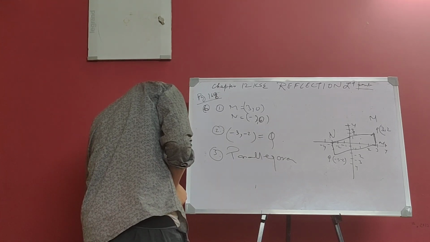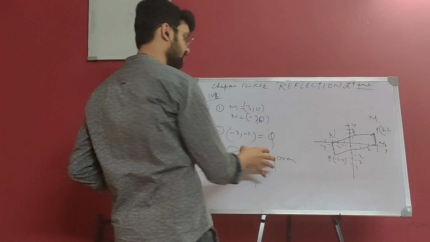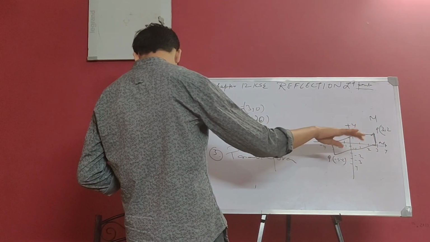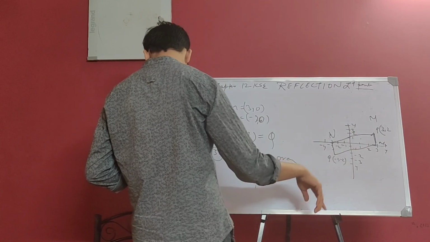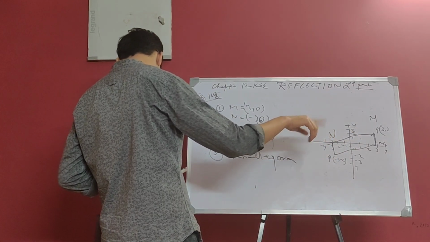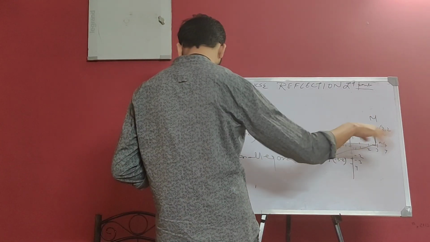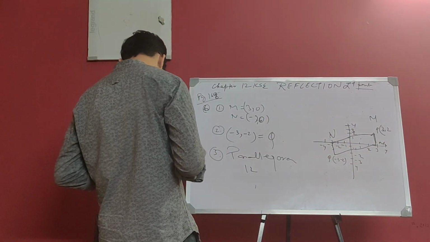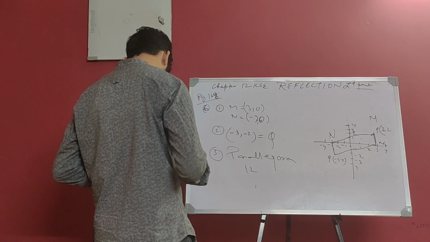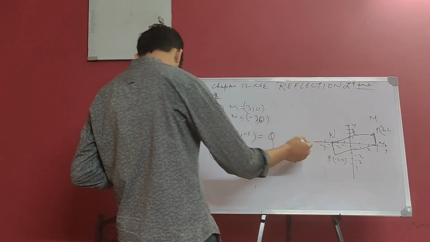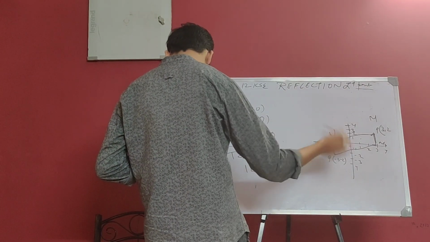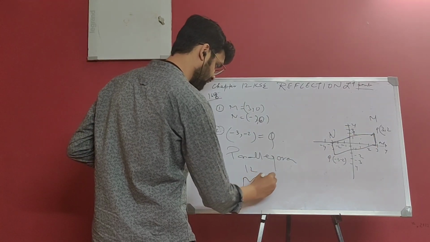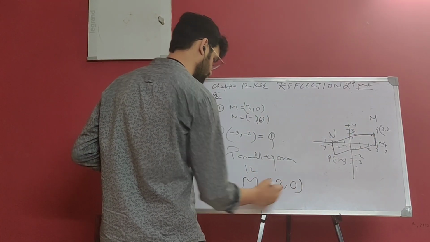If you are asking me to find the area, you have to use the formula 2 into half into the area of triangle PMN. So 2 into half into 6 into 2, that is coming as 12. See, if M is reflected on the x-axis, that is 3, 0, it will be again 3, 0 itself. For M, it will be reflected and it will come as 3, 0 itself.